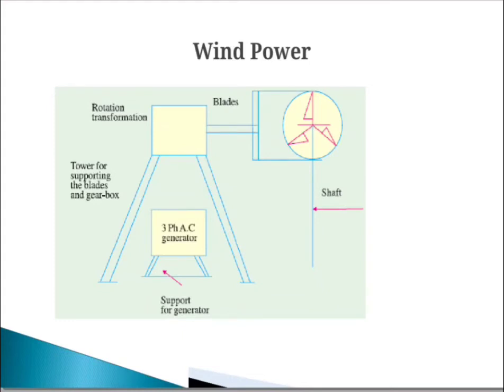Then the PLC faces the blade in such a way that it catches the maximum wind. Another part of the wind turbine is the yaw drive. The blades and other components in the wind turbine are held in a nacelle. Whenever there is any change in the wind direction, the nacelle has to face the direction of the wind to extract the maximum energy from the wind. For this purpose, the yaw drive is very important.